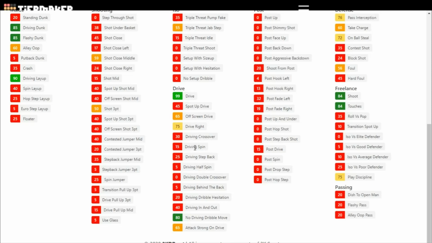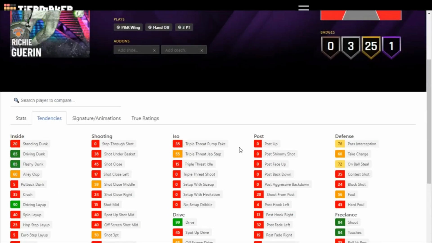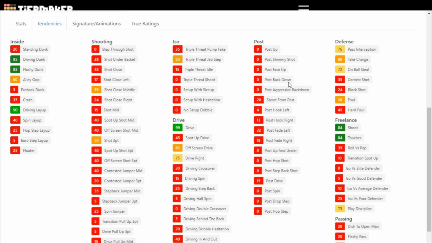All this dribble move stuff, it doesn't really do anything. No driving dribble moves. Once again, it's all user-controlled. Post, Richie Guerin obviously doesn't have anything to do with the post, but the post is actually pretty important when you're looking at big men, because it's going to basically show you how much they're going to do certain animations.